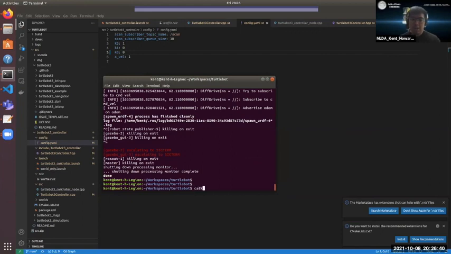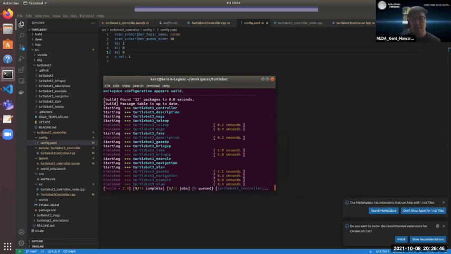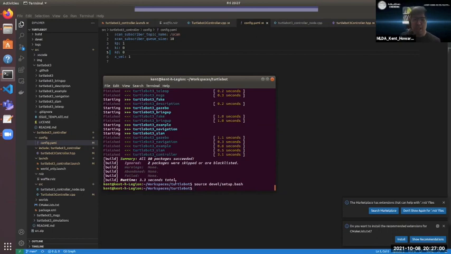Now since I modified the CMake file, for me I use catkin build, but you can use catkin make. If you modified the CMake file, you always need to do catkin make. Now I want to roslaunch. Actually, you need to do one more thing, which I've already done earlier, which is run this command inside your catkin workspace folder, or in my case, I named my catkin workspace robot. So after that, I want to roslaunch